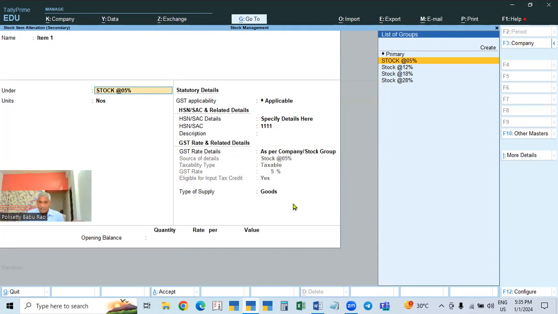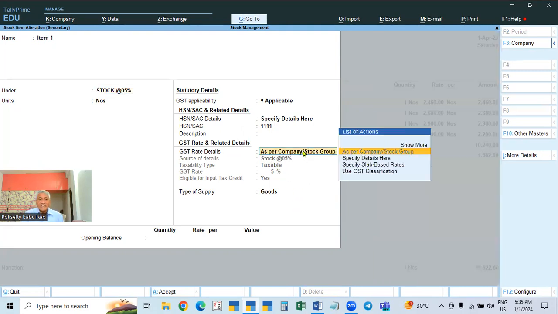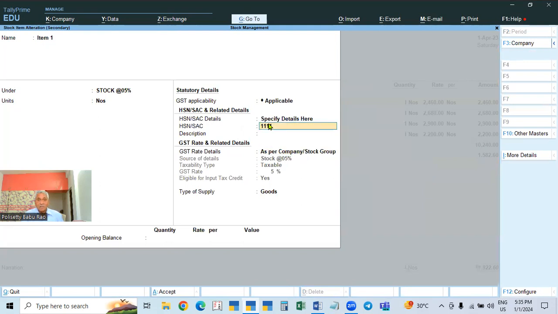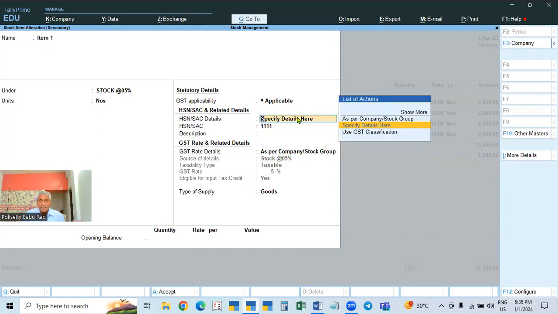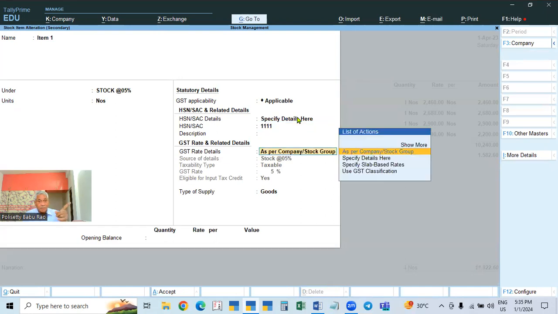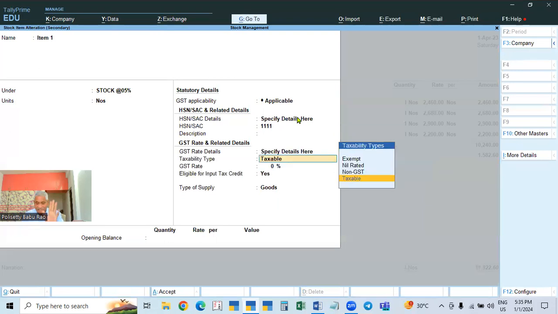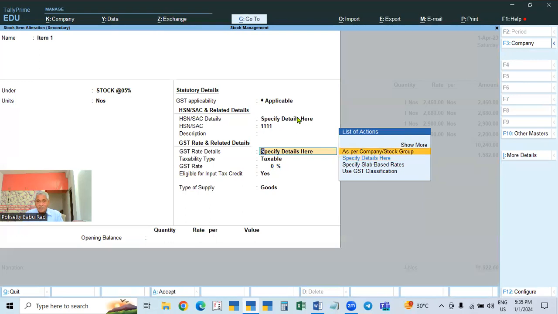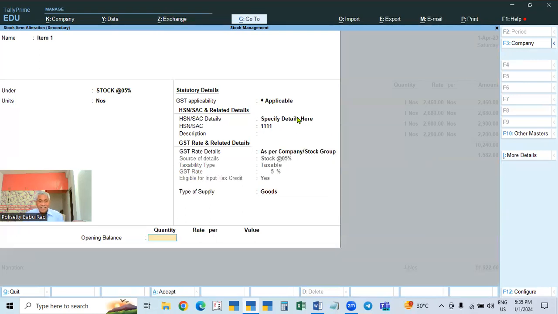For example, here, if you want to make changes, if you want to change this number, it is already there. Again, take that specified here. You can make changes and change the thing. And here it is already taken from the group. Suppose you want to change here, specify details here and make the changes. But here, as per the group, it's already taken. Like that, if you want to make any changes,